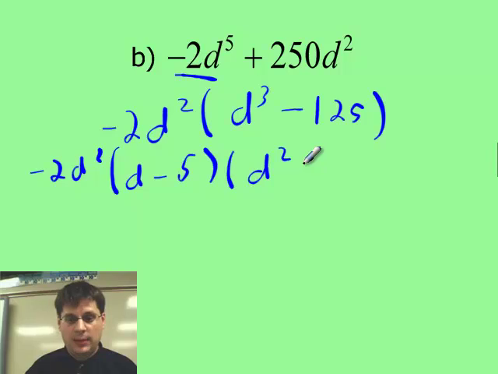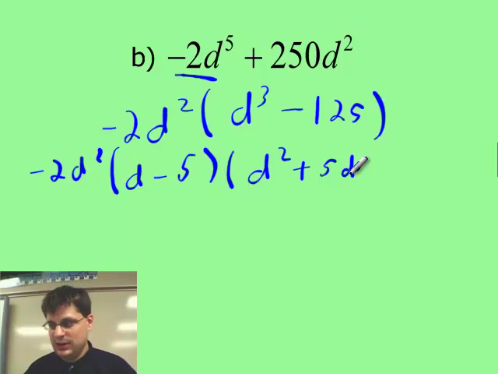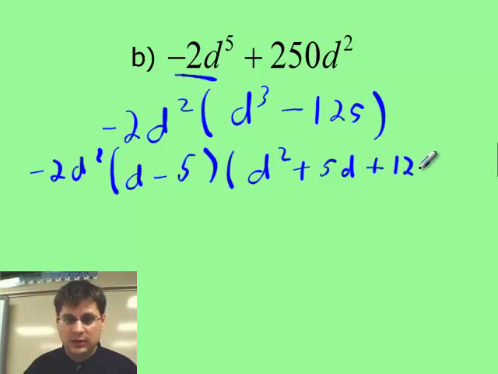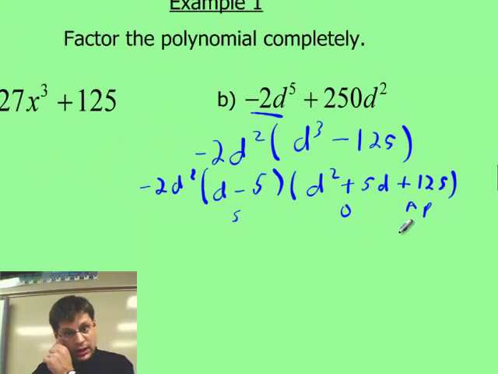okay, O, opposite, and a times b, so d times 5, which is 5d, and then finally b squared, so 5 squared, which is 25. Okay, and again, the sign, same, opposite, always positive. Okay, so